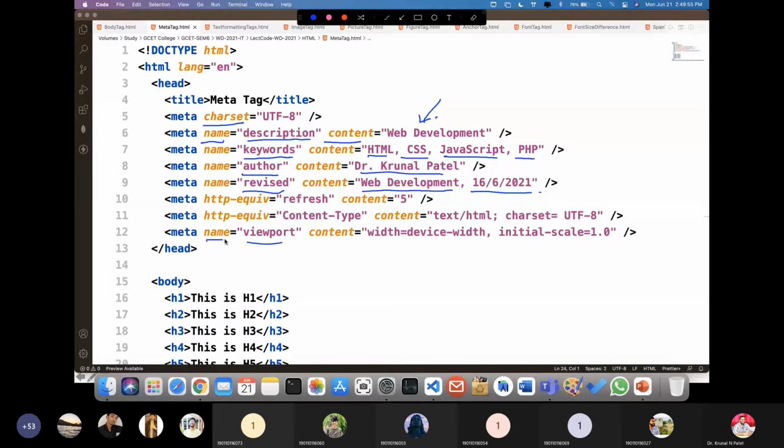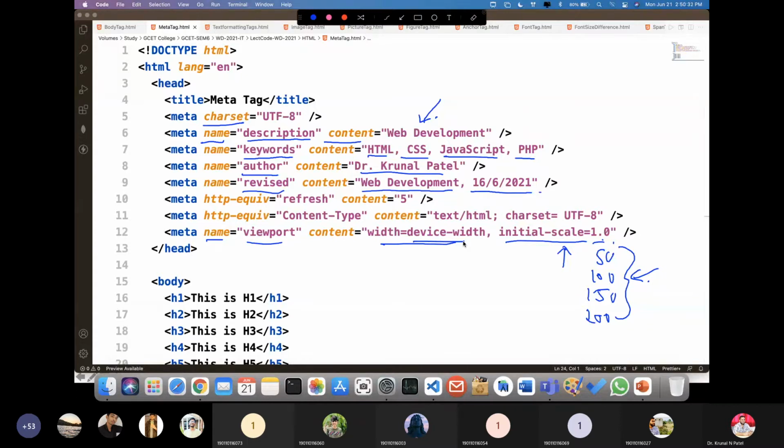First, I'm talking about the viewport meta name, and this is a new one for HTML5: width equal to device width and initial scale equal to 1.0. 1.0 means 100%, right? So I hope you know the meaning of scaling. Scaling can be 50%, 100%, 150%, 200%, right? Here it is in points, so according to that you have to map the points. 100% is equal to 1.0. Device width means the viewport contained within your particular device, and it contains the whole width.